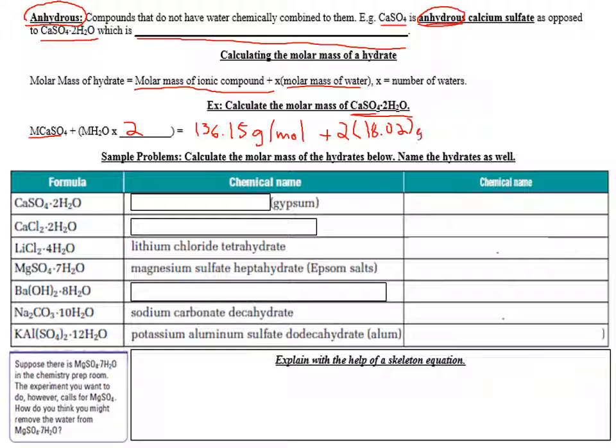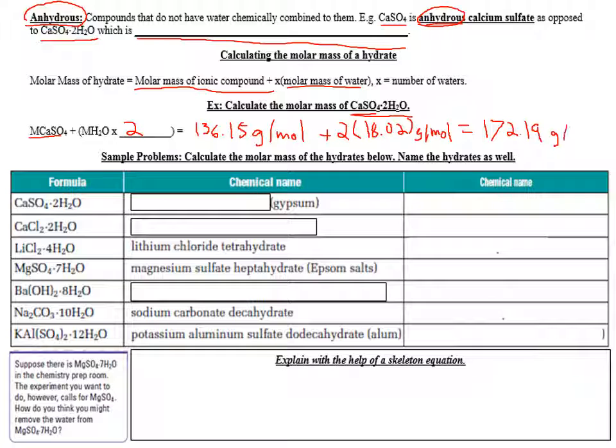Grams per mole. So you do 2 times 18.02, and then you add the 136.15, and that gives you the molar mass of the hydrated version. And it makes sense, the hydrated version should be heavier than the anhydrous because you have